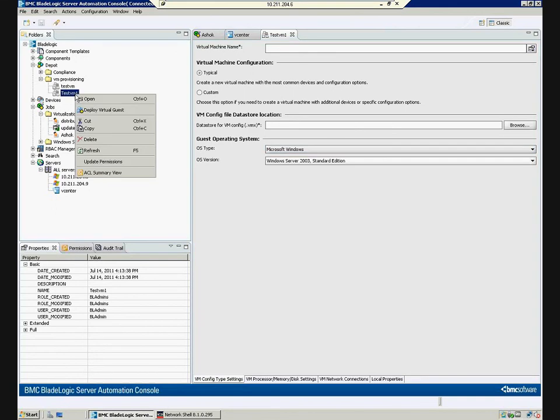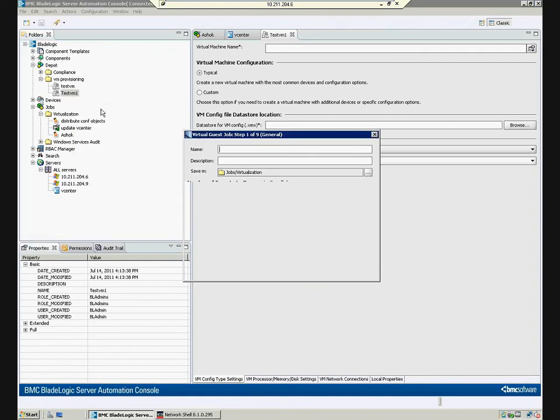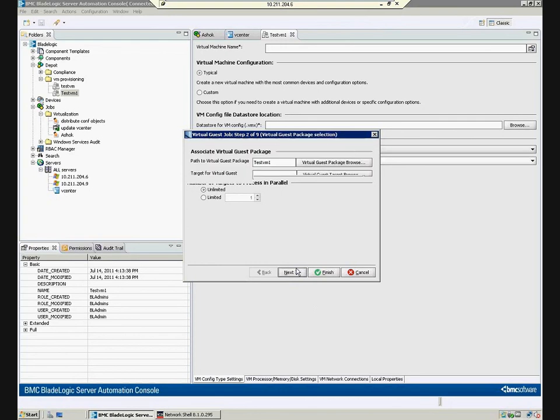Okay, then we need to go to the job that we have created here in the package that we have created. Then we need to deploy this particular package onto the target server. So click on this deploy virtual guest package, give some name, and this particular job will be saved in a location like jobs virtualization. When you click on next,